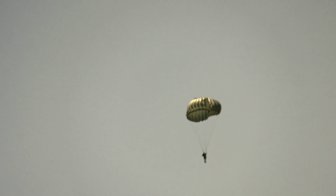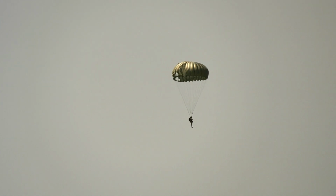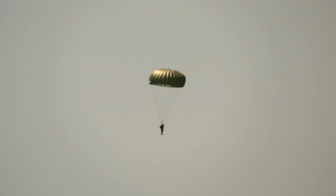One of the phenomenons of hot weather that we have to deal with as paratroopers or parachutists is a thing called thermals. Occasionally you'll have all the jumpers on the ground except for a single